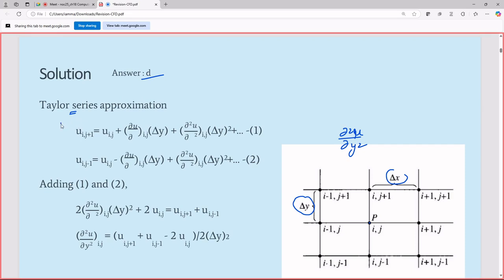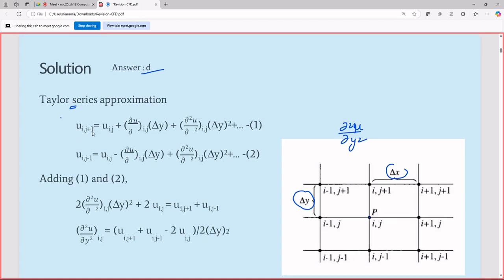Similarly, if you consider u instead of f, you can see the incremental equation in the j direction, because our question is asking for the vertical direction. So in that direction, we are taking this way and this way. Going upwards is the positive, that is u(i, j+1), which will be given by u(i, j) plus